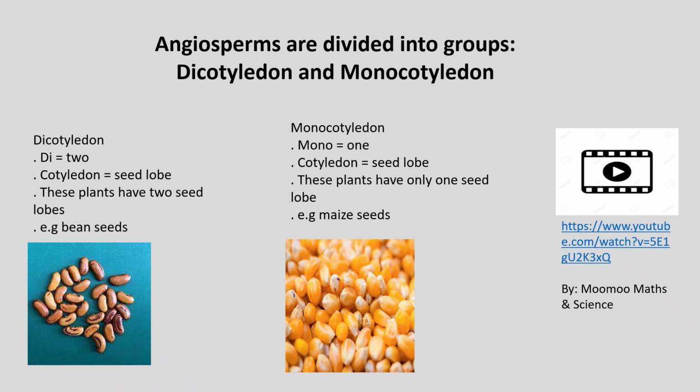So if it's planted, one is gonna go down the root. Obviously there's gonna be a root that's gonna go underneath the soil, and then there's another lobe which is gonna go up above the soil. And then